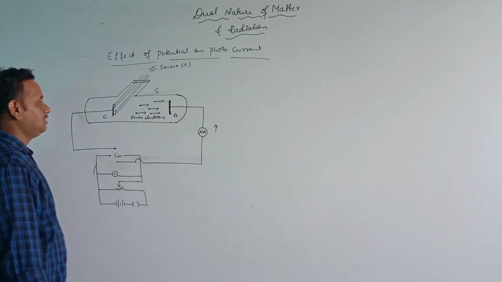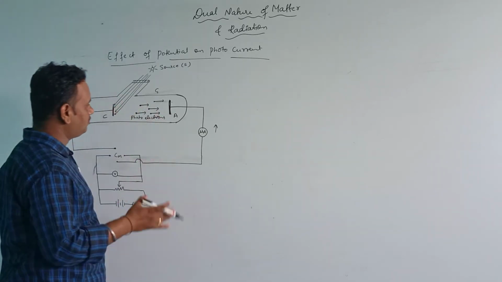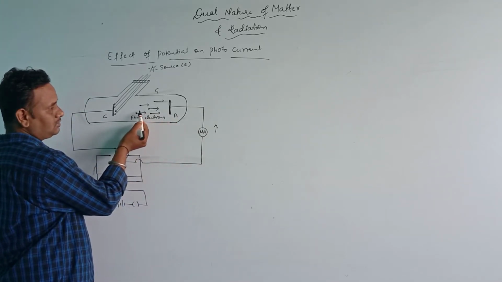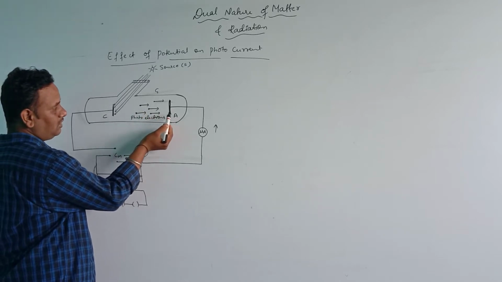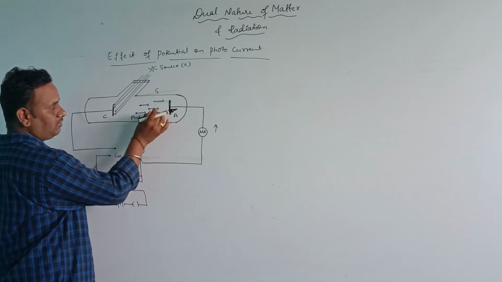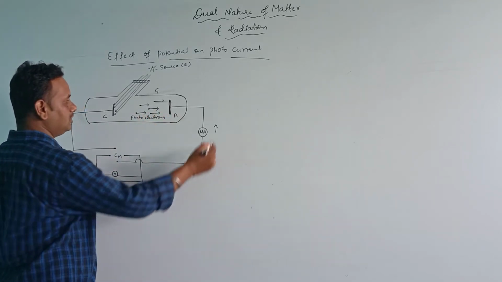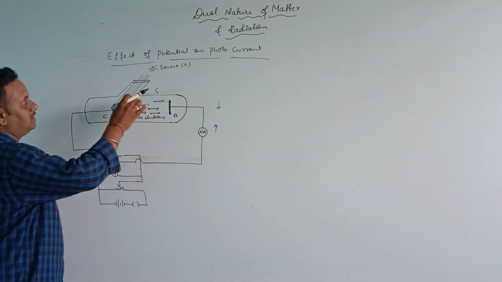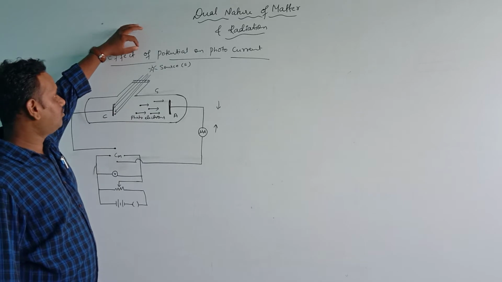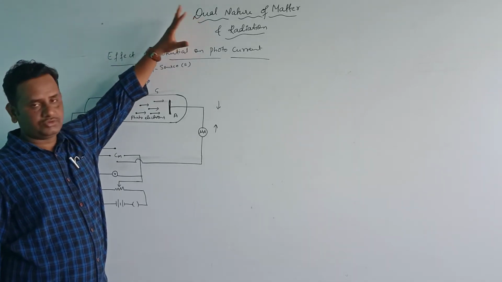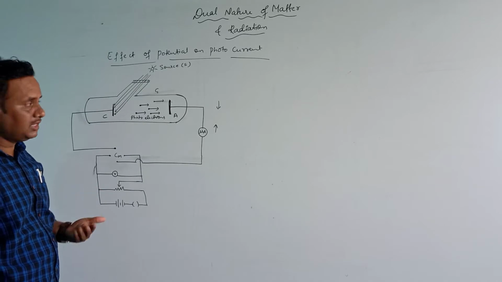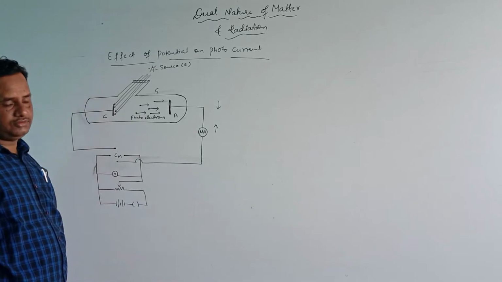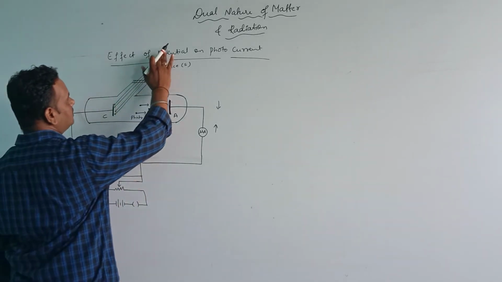Now if I maintain more and more negative potential here, since electrons are negatively charged particles, there will be a large repulsion, and there will be a decrease in the photoelectric current. So this is what we studied in the effect of potential on photocurrent: as the positive potential increases, there is an increase in the photoelectric current. Now in today's class we are discussing the effect of